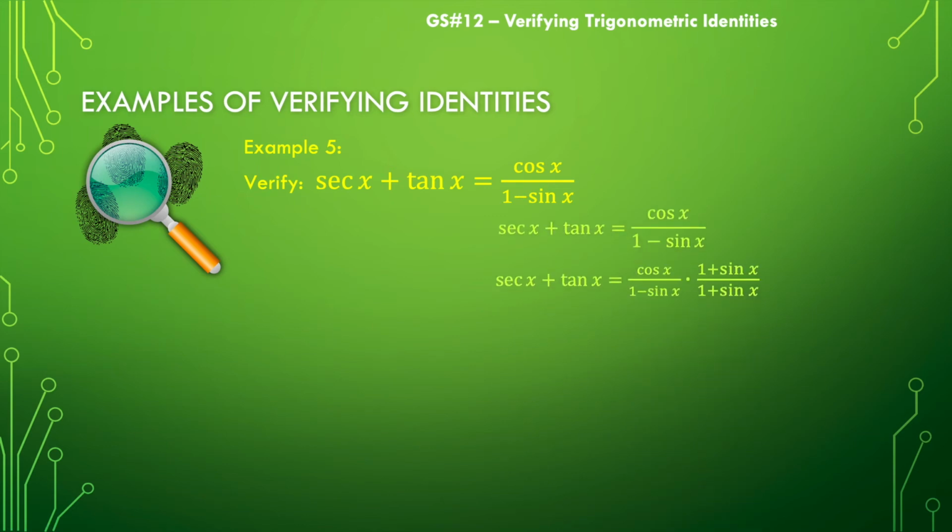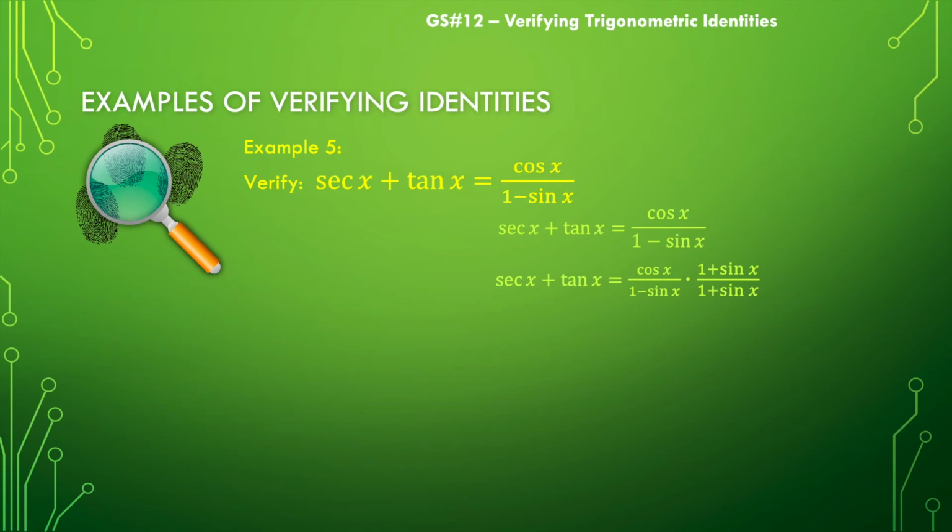What if we use a conjugate? Notice that I've got 1 and minus sine of x here, and I know that that looks kind of like 1 minus sine squared of x. Well, if I multiply the top and bottom by 1 plus sine of x, I'm definitely going to get that in the bottom. So this is called multiplying by the conjugate, and the result is going to give us something